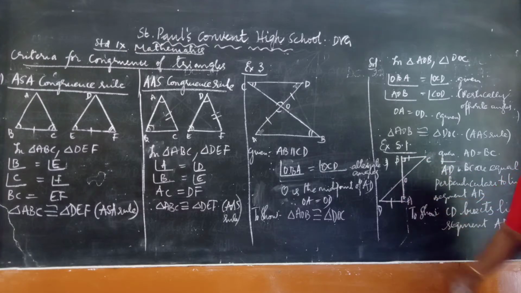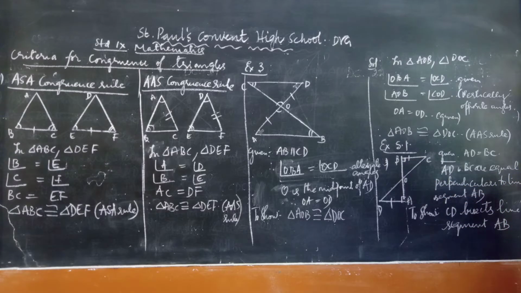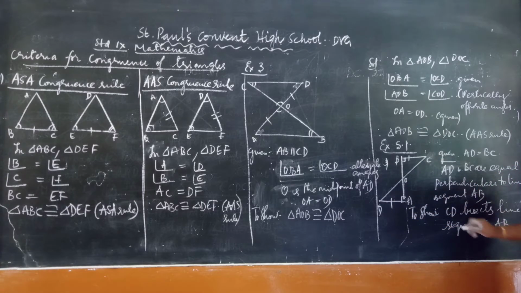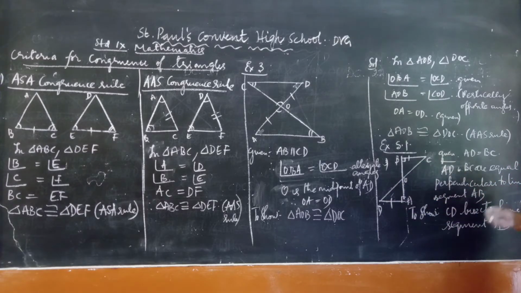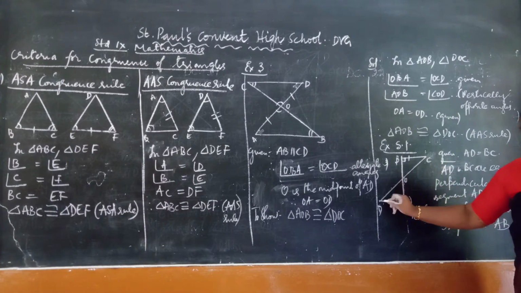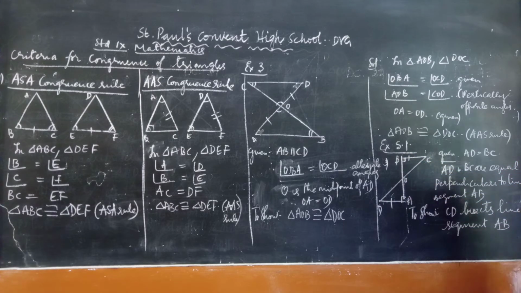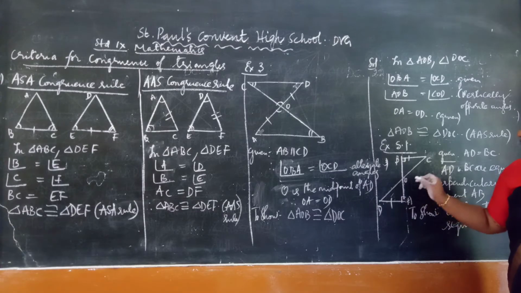They are perpendiculars, which means angle B and angle A will be equal to how much? 90 degrees. What we have to show is that CD bisects line segment AB, which means I am supposed to show that OD is equal to OC. If I show that OD is equal to OC, then it is understood that this line segment CD bisects AB. Got it? What am I supposed to show? CD bisects the segment AB. To show that, we have to prove that